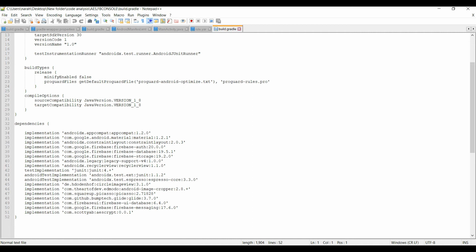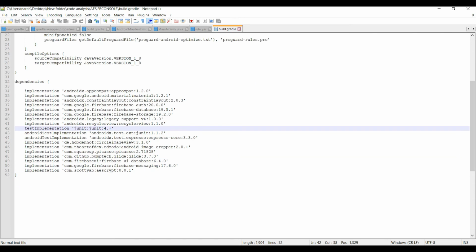Okay, this application is using Firebase authorization. The application is using Firebase database. The application is using Firebase storage, and also some others. If this application is connecting to the cloud, or to any server or database, then in order to integrate that inside this application, you will be using those dependencies. So from this you can observe that you got some information, right? You have done some enumeration. From this you can conclude that this application is using Firebase: Firebase authorization, Firebase database, Firebase storage, and different kinds of things.